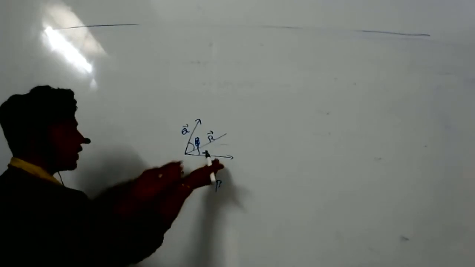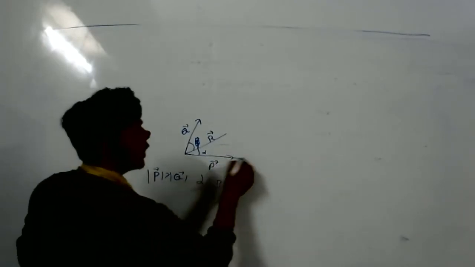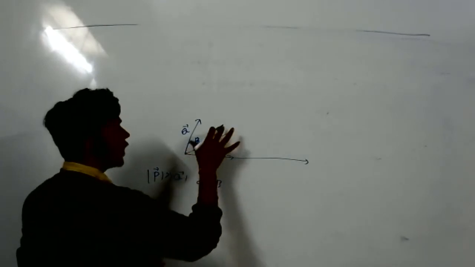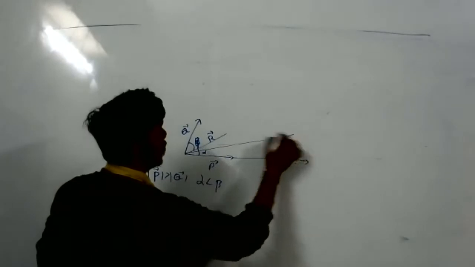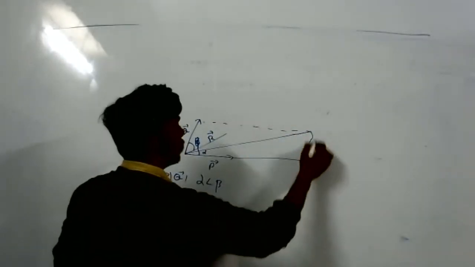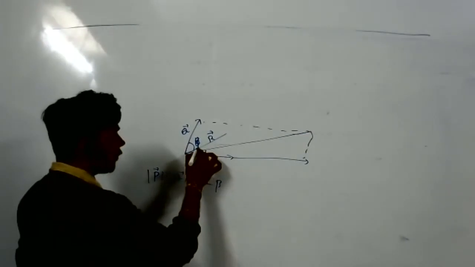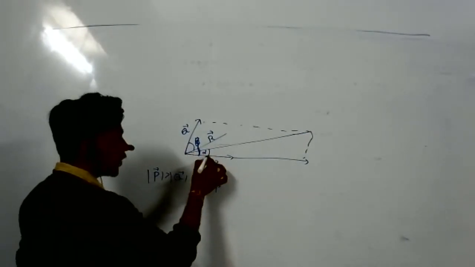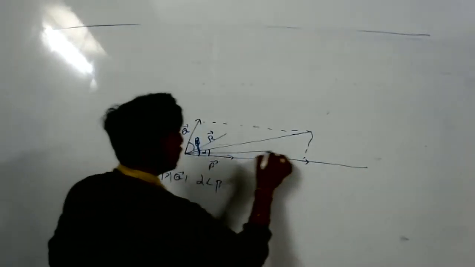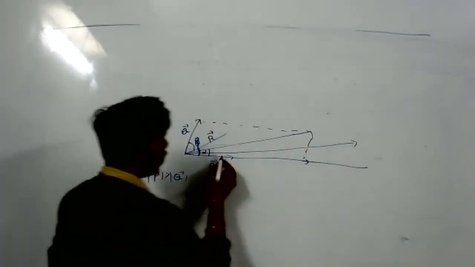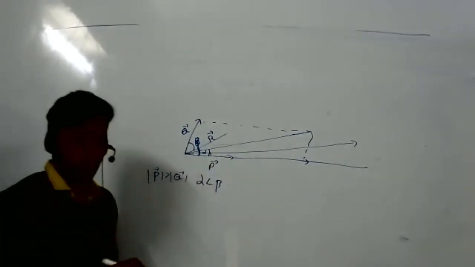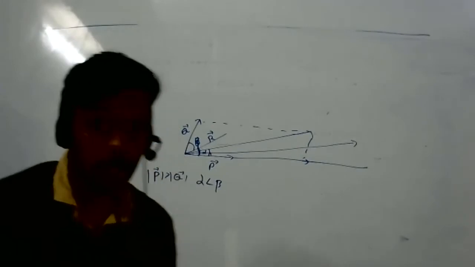So what will happen when its magnitude is increasing? This resultant won't be on this side. Now the resultant will be like this. So this will be the resultant now. Before, alpha was from here to here; now alpha is from here to here. When it is increasing, again the resultant will change, the resultant will come here again. So when the magnitude is increasing, the angle will decrease. Yes, sir, I thought this property only would apply.